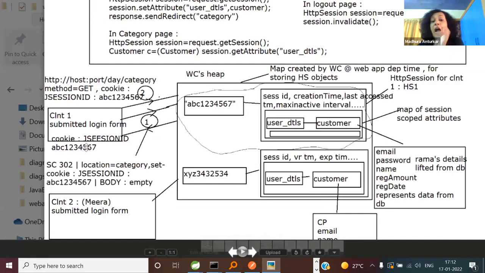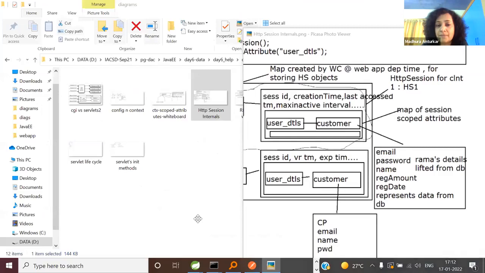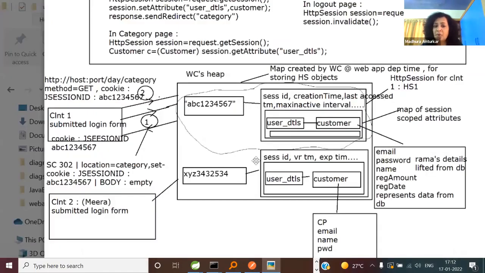Are we good so far? And how many HttpSession objects are created in the container heap? One. How many attributes are populated? User details. But if you check our code, if you remember, we have added that userDAO instance, topicDAO instance and tutorialDAO instance. So can anyone tell me where would be those userDAO, topicDAO, tutorialDAO? In the outer map or in the attribute map? Inner map or outer map? You understood what I said? Inner map. Anytime you say setAttribute, please understand this is that session scope map.